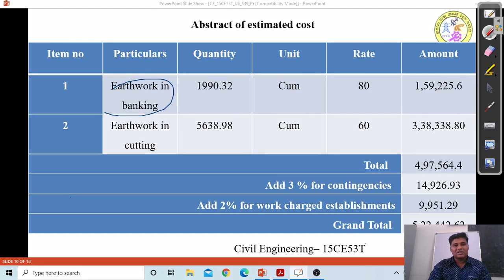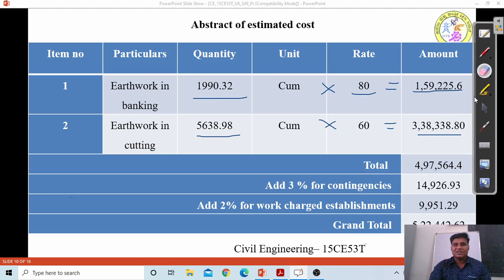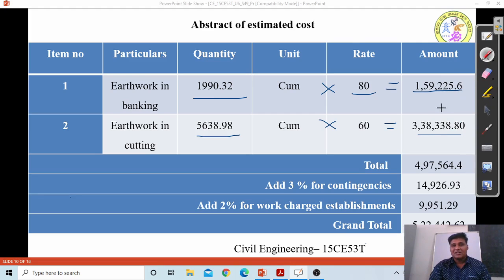The total earthwork in banking quantity is 1990.32 cubic meter. The rate was 80. So 1990.32 into 80 will give me 1,59,225.6 rupees. The earthwork in cutting is 5,638.98 cubic meters into 60 rupees will give me 3,38,338 rupees. Okay. So adding this plus this will give me the total amount